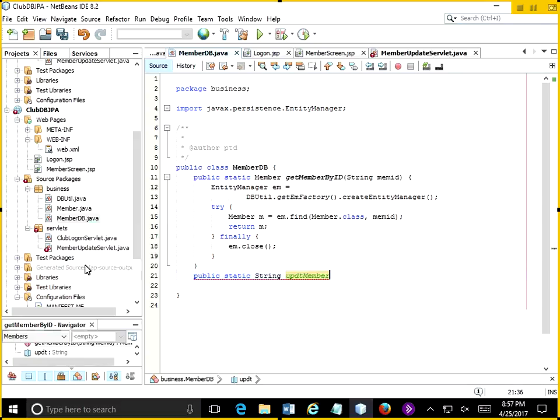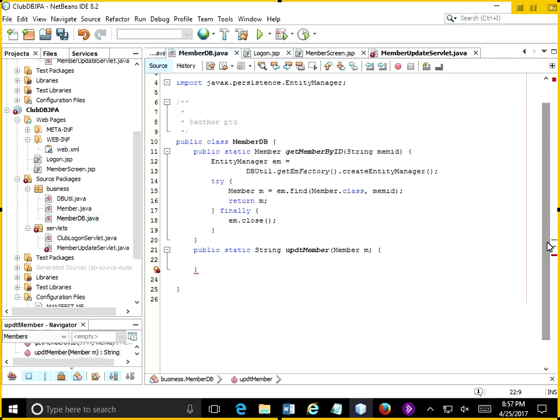Update member, and it receives a member object M. Okay. I'm going to create string message, set it to the empty string,